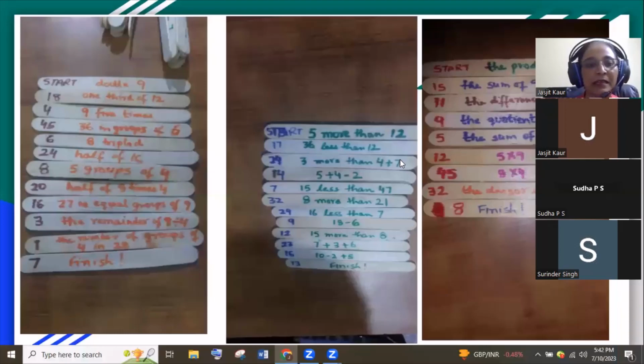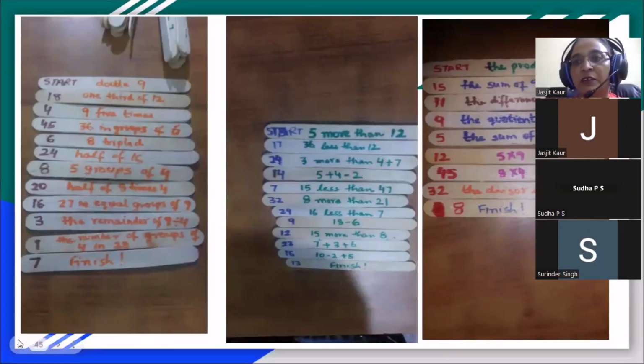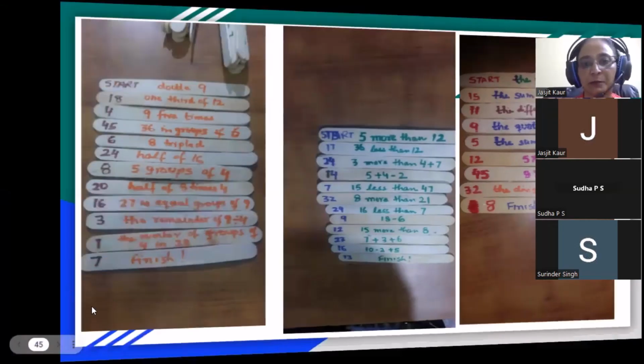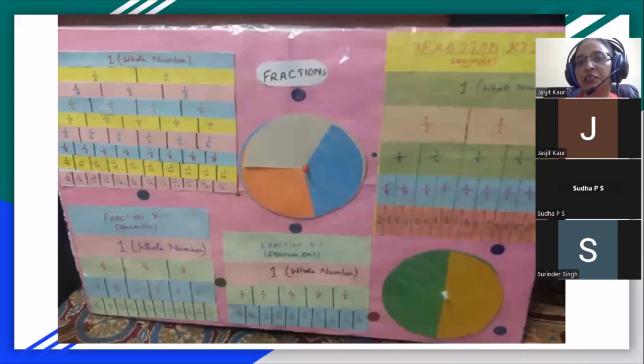Now this is the math kit we discussed earlier also. Here is the fraction kit. In this we can help the student understand the whole number divided into even parts, into how many equal parts we are dividing the whole.